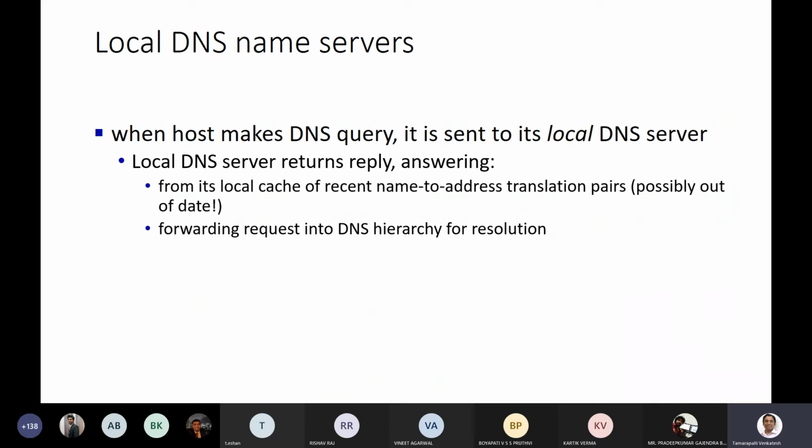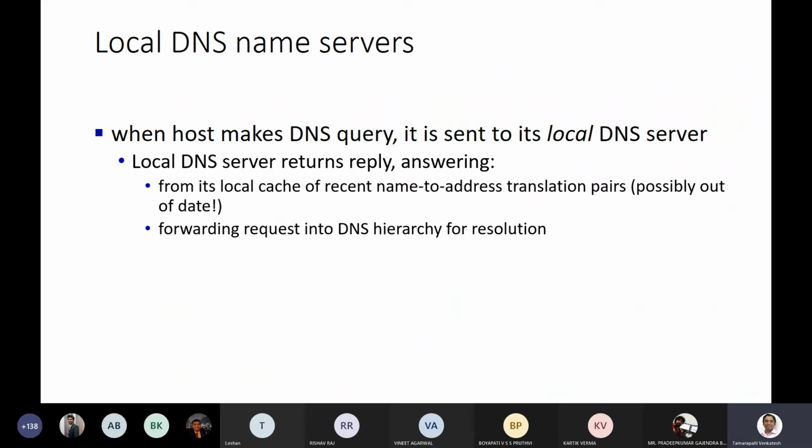When the host, that is the contacting client, tries to do a DNS query, it is sent to something called a local DNS server. It is also called a local DNS resolver, because this resolver does the resolution on behalf of the individual host. An organization may have many internal users or hosts, and it may deploy one local DNS resolver which will do this resolution on your behalf. It's not necessary, though. You can also have each host acting as the local DNS resolver. If you install the DNS daemon in your own machine, then your machine can also work as the DNS resolver.